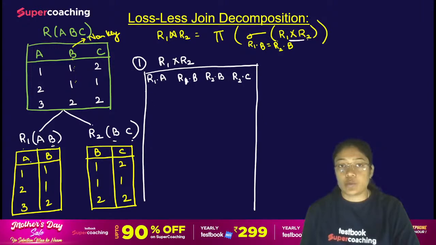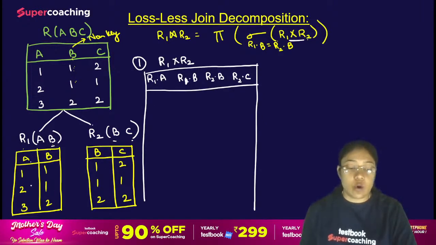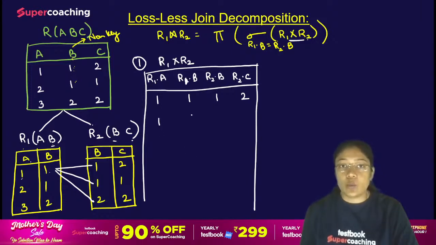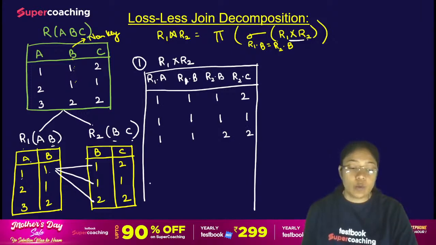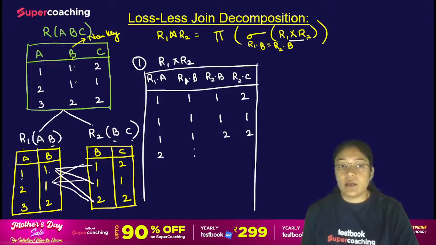Now what we need to do is take the combination of each tuple with every other tuple of R2. So 1, 1. Here we have 1 and 1, and its combination will be taken with 1 and 2. I'm taking its combination with all the tuples of R2. This is what I'm going to write now. Okay, so this is 1, 1, and the value is 1, 1. Here we get 1, 1, and the value is 2, 2. Are you all getting what I'm doing? So for the first row I took the combination with all, then the same will be performed with the second tuple of R1. So this is 2, 1,